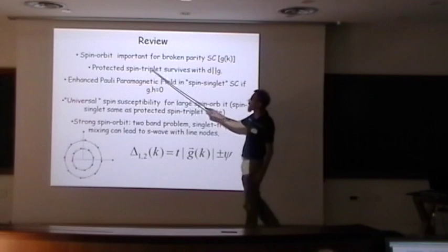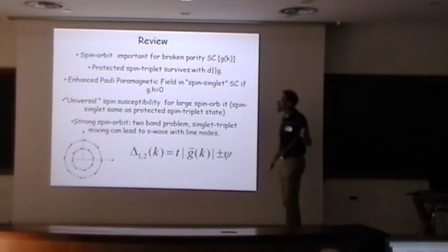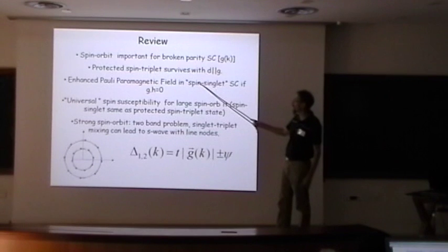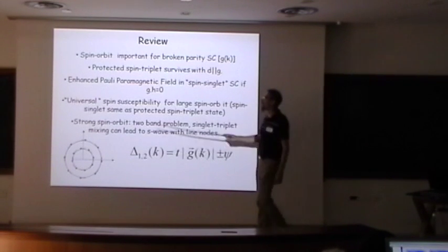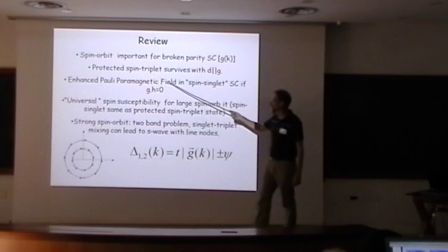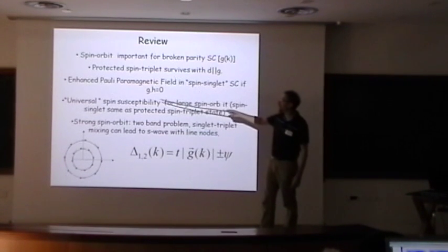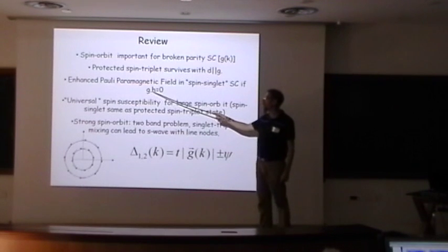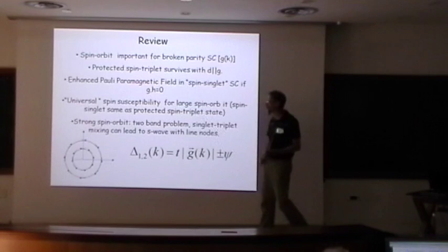All right, and then we went a little further from there. We added magnetic fields to the problem, and we found that if we have what is essentially a spin singlet state, so the order parameter is primarily spin singlet, and there might be a tiny bit of spin triplet there, then the Pauli limiting magnetic field is actually formally divergent at zero temperature, provided your spin-orbit g vector and your H dot product is zero. So these two directions are orthogonal.